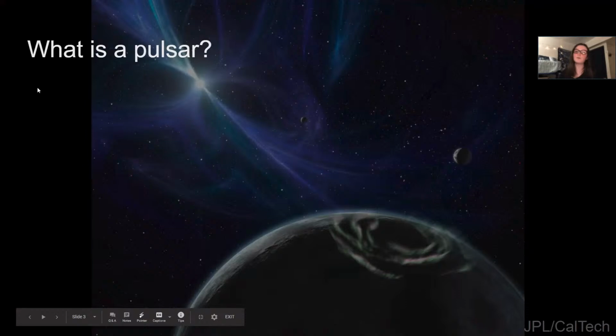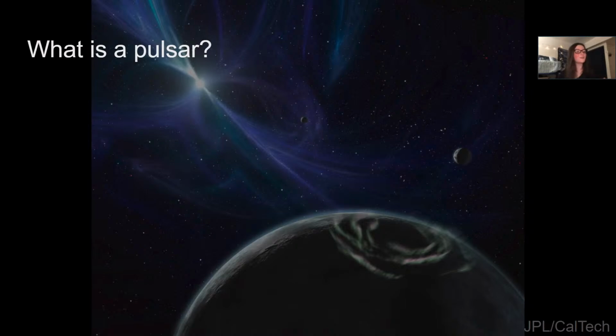Pulsars are a type of neutron star, which is a star that's formed by the violent death of a very massive star. They are extremely dense, they rotate very fast, and they have a very strong magnetic field. Because of that field, they have beams of light that shoot off of their poles. And so if you can go to the next slide,